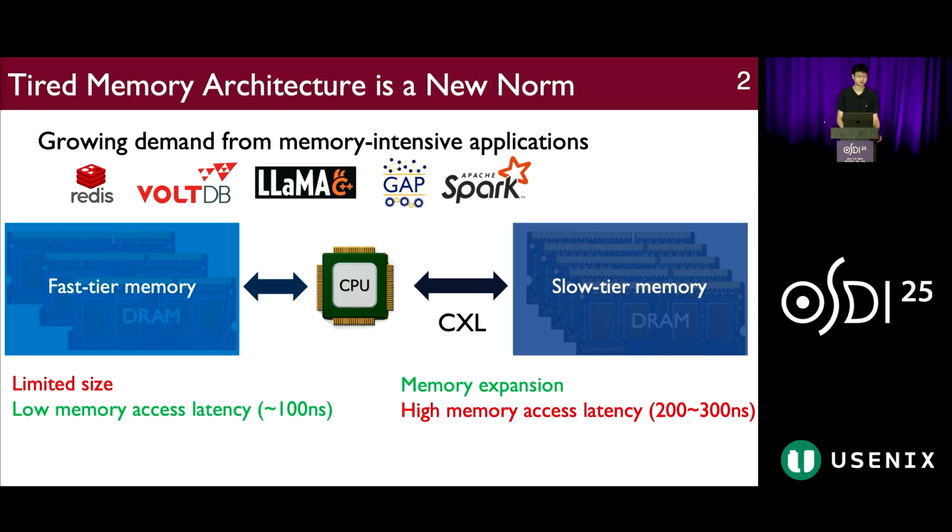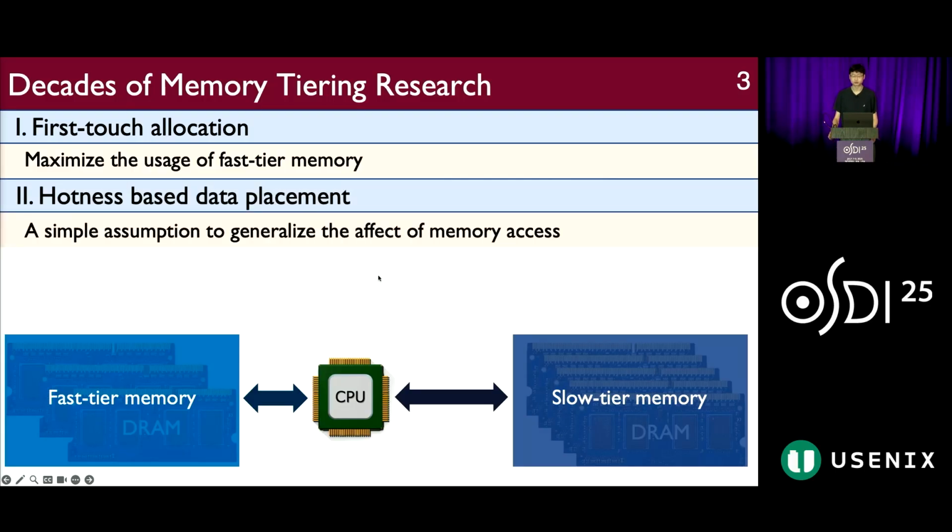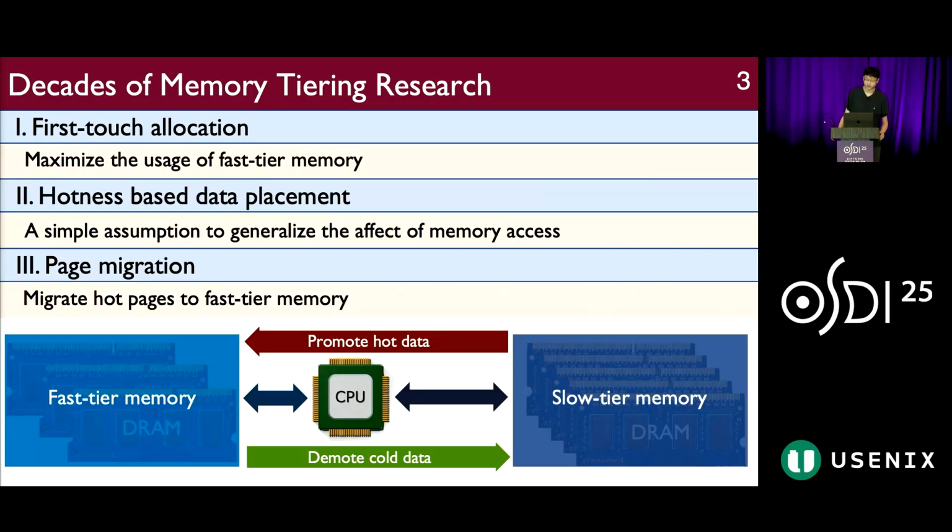The memory allocation policy for traditional memory tiering is usually first touch. It tries to allocate data on the fast tier as much as possible, and then allocates the rest of the data to the slow tier. The basic idea behind memory tiering is quite straightforward. Pages that are accessed more often are assumed to cost more performance slowdown if they sit in slow memory. So most tiering systems try to keep hot data in the fast tier and push the cold data down to the slow tier. And page migration is just about promoting the hot data to the fast tier and demoting the cold